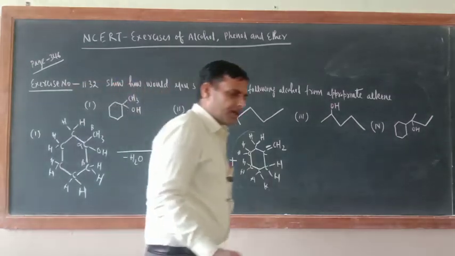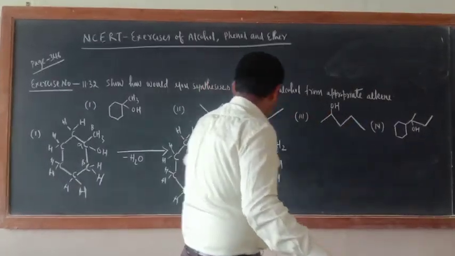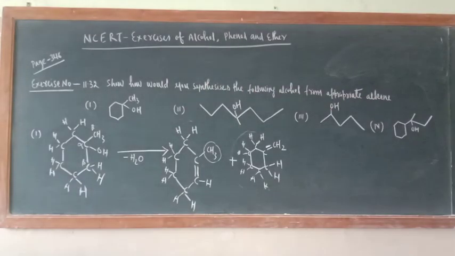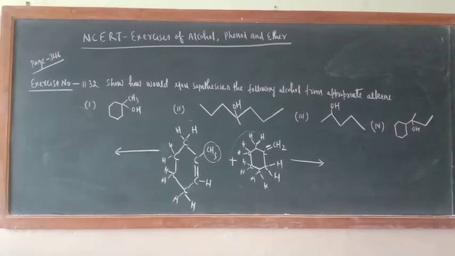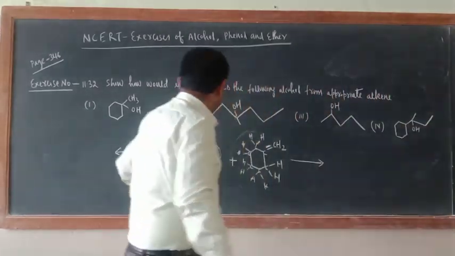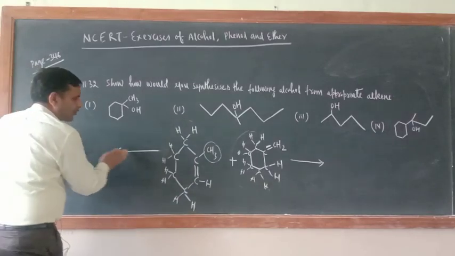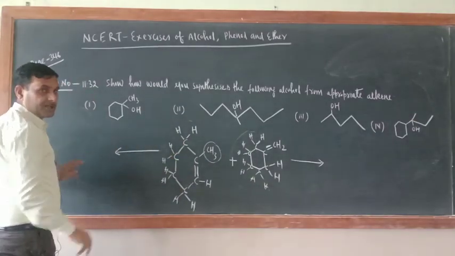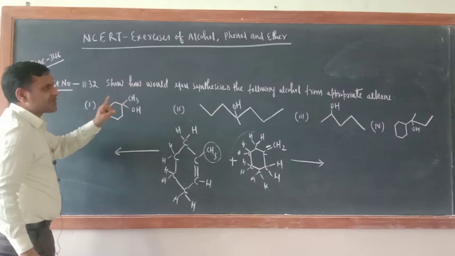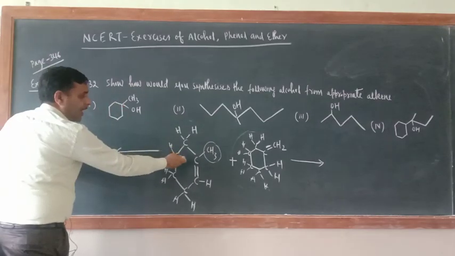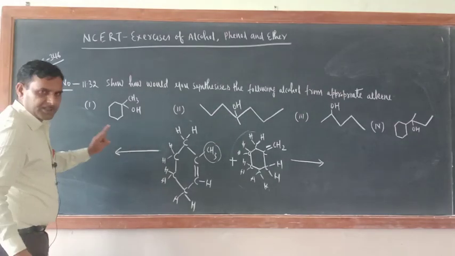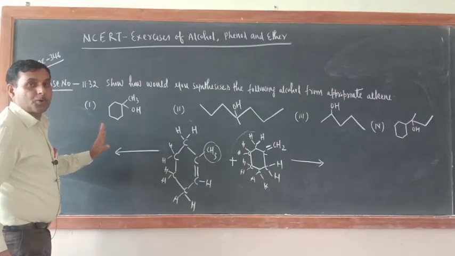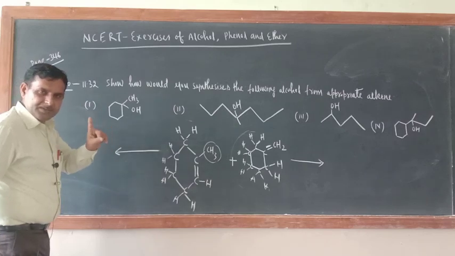And now what you do, I will rub this side because place is not there. Okay, so now the alkene you have formed. Now reverse the step. Earlier what was the step? This side I wrote the alcohol, this side the alkene. Now they are telling, how would you synthesize the following alcohol? So now hydration of alkene should be there. What is the first step of hydration of alkene? Protonation of alkene.